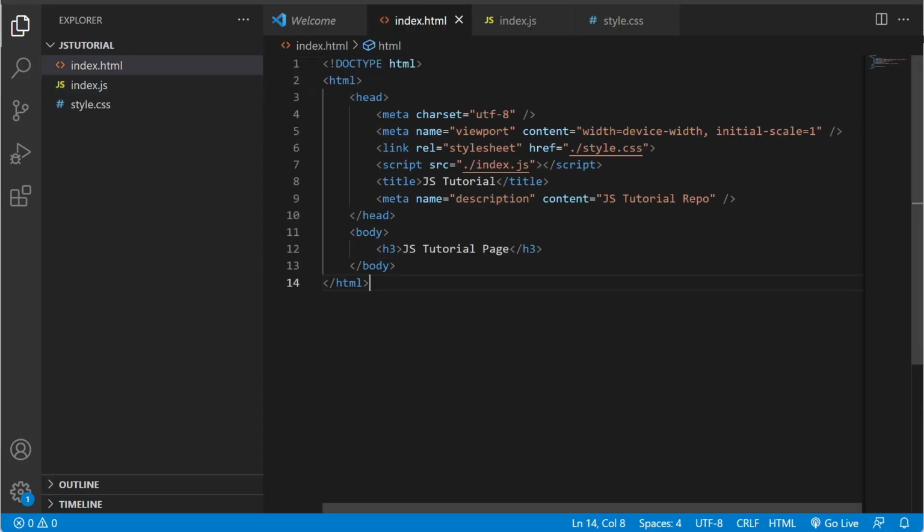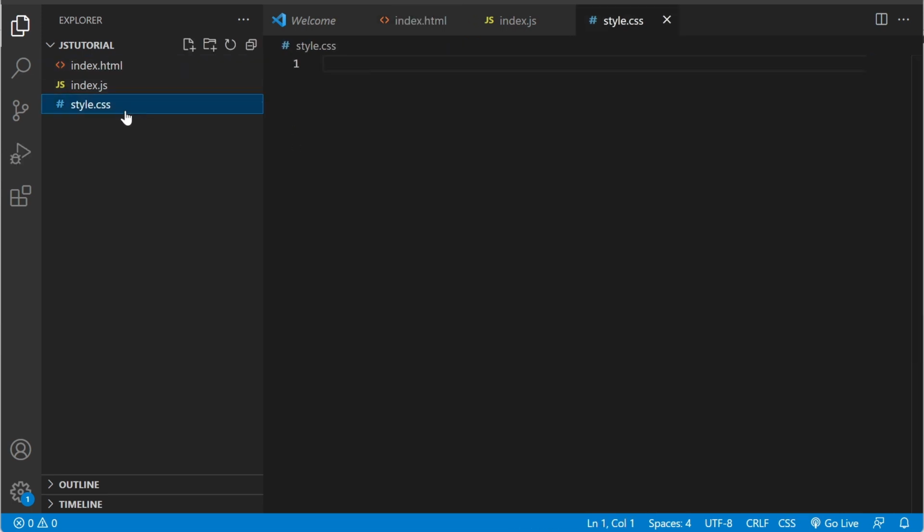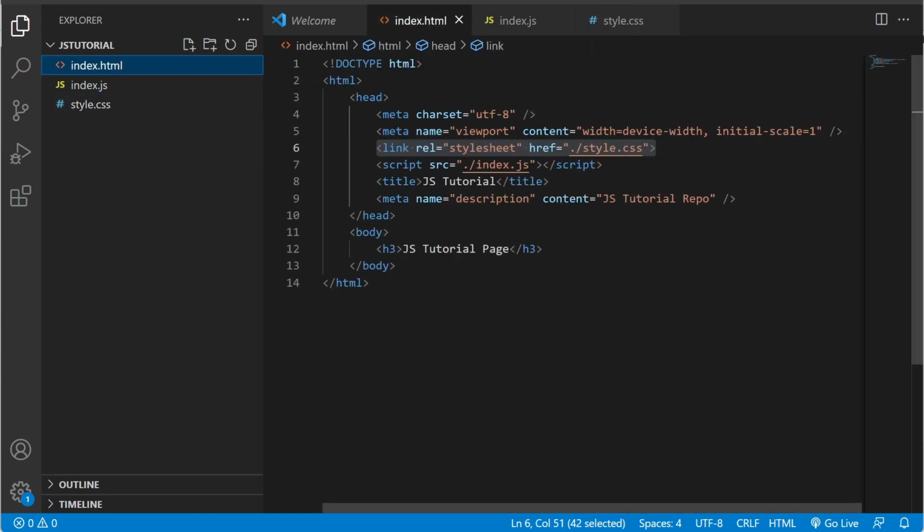So this is a normal HTML page which starts with the document type. What is document type? Then the HTML tag, head. In the head, I just put normal things like meta viewport for responsiveness. Added a style sheet. There is nothing in the style sheet right now. Okay, and added the JavaScript. Okay. Again, there are other things like